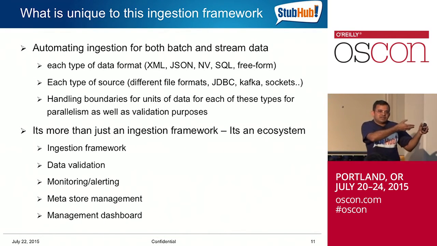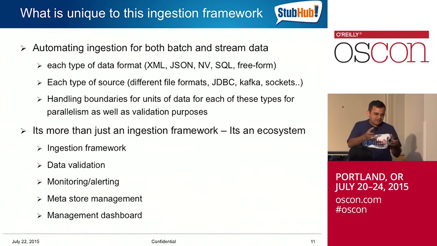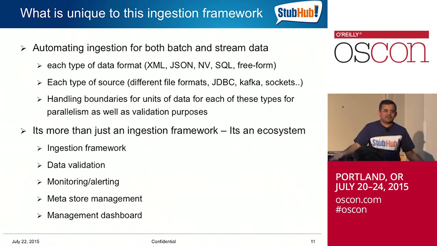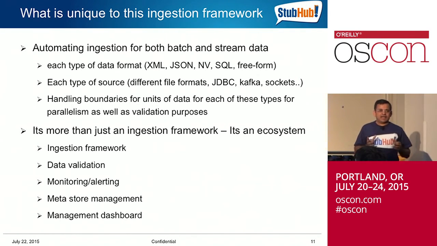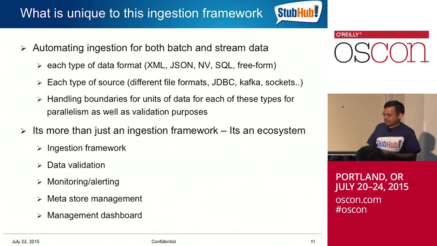So you can't just have parallelism to say, well, I'm going to read the first few bytes, one thread is writing to HDFS, the next thread is reading the next few bytes and writing to HDFS, and guess what? This could be garbled up. The data in the system ultimately is garbled up. The ability to understand, based on the type of data format that you have, and recognize the boundaries for each type of data and process them in the same order and automate it. That's one of the key things in the framework.